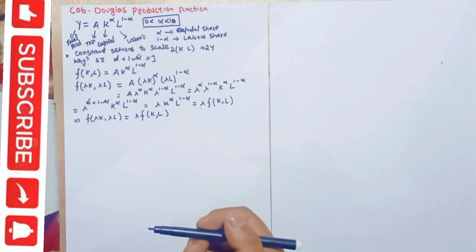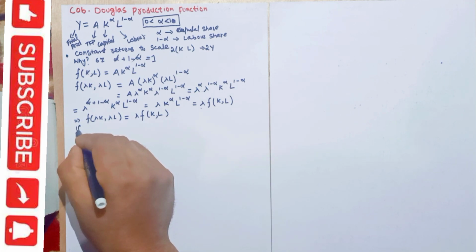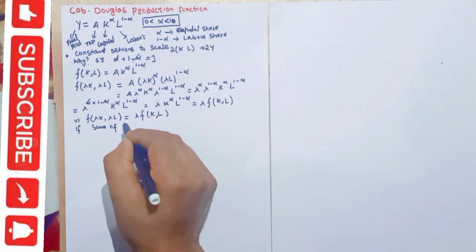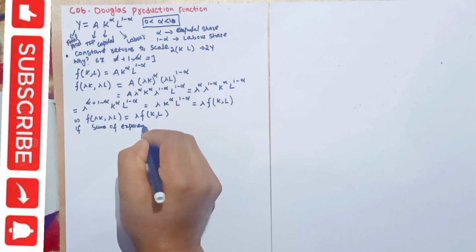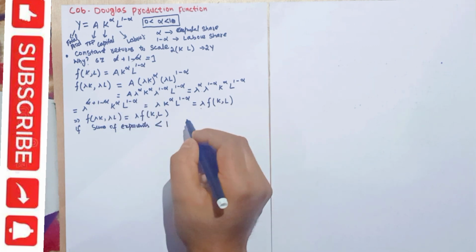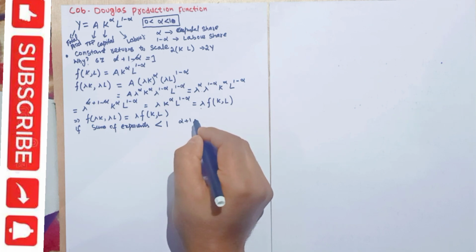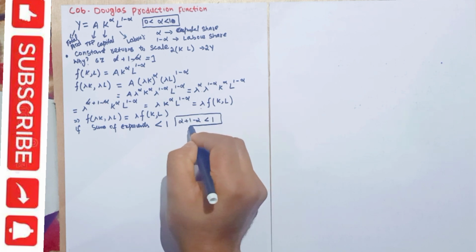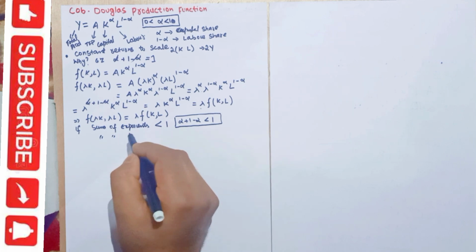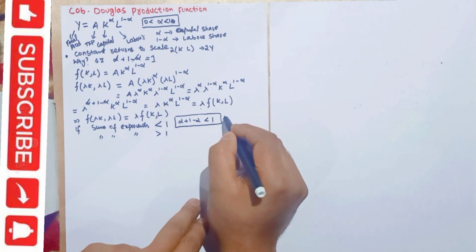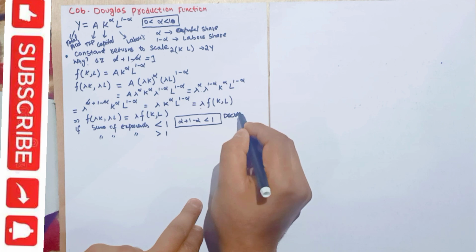Now if the sum of exponents, that is, if alpha plus 1 minus alpha was less than 1, then we would have decreasing returns to scale. Similarly, if the sum of exponents was greater than 1, we would have increasing returns to scale. So here it will give us decreasing returns to scale,